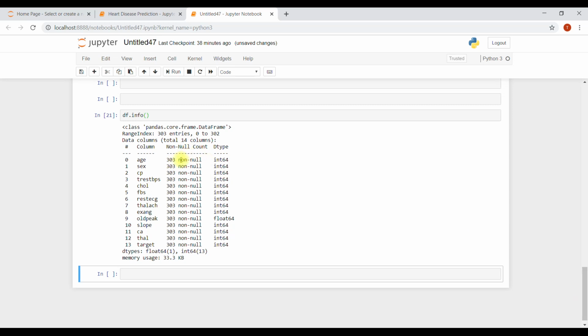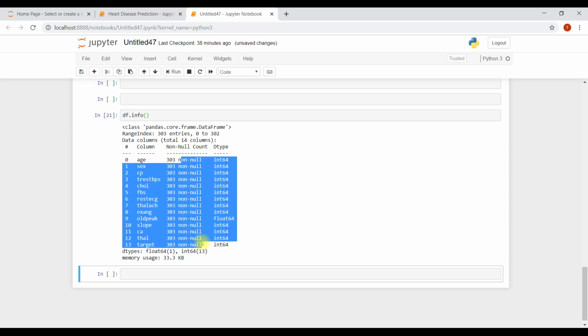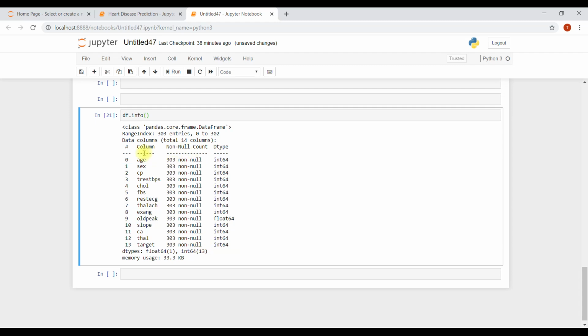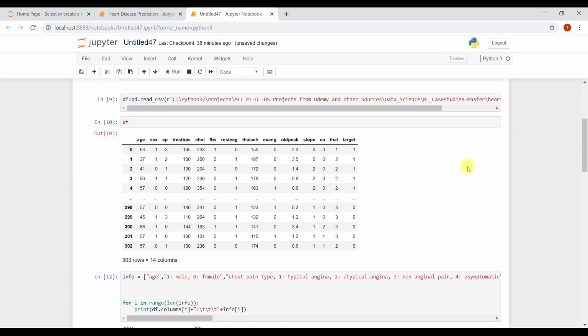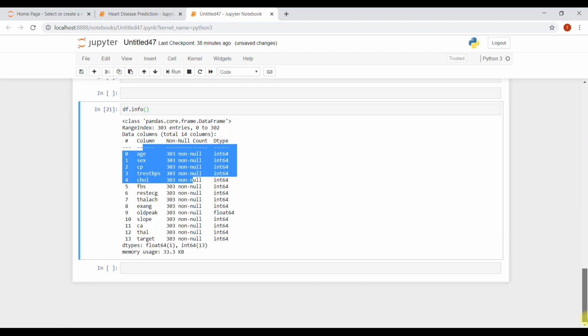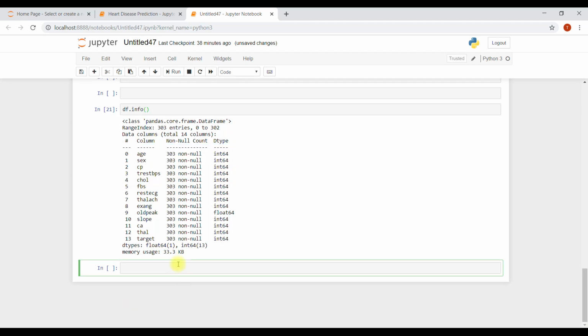Like, see, they don't have any null value. Non-null means that all the values are filled with some numbers, but none is null. That means all the columns or rows contain some information. Now let's simply